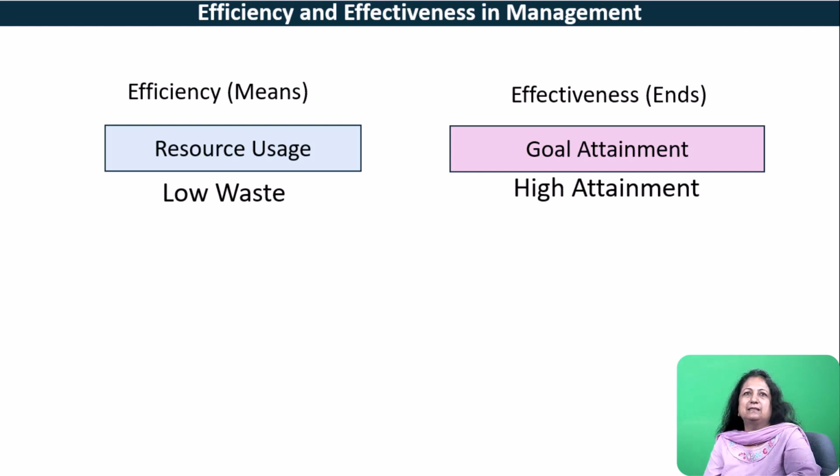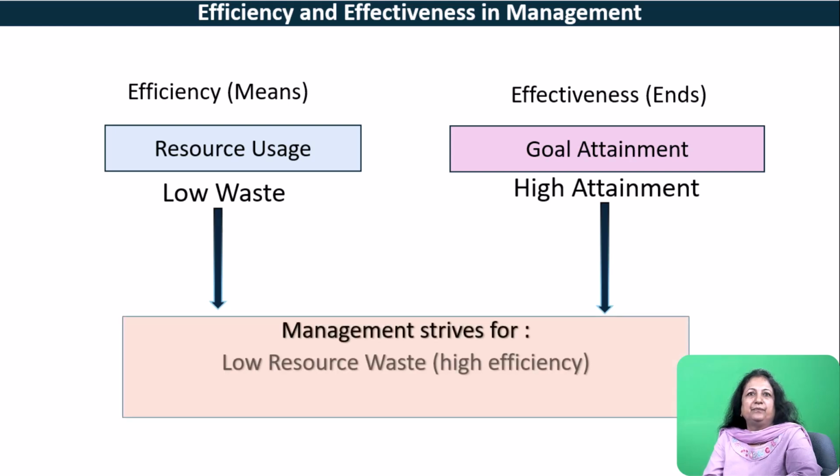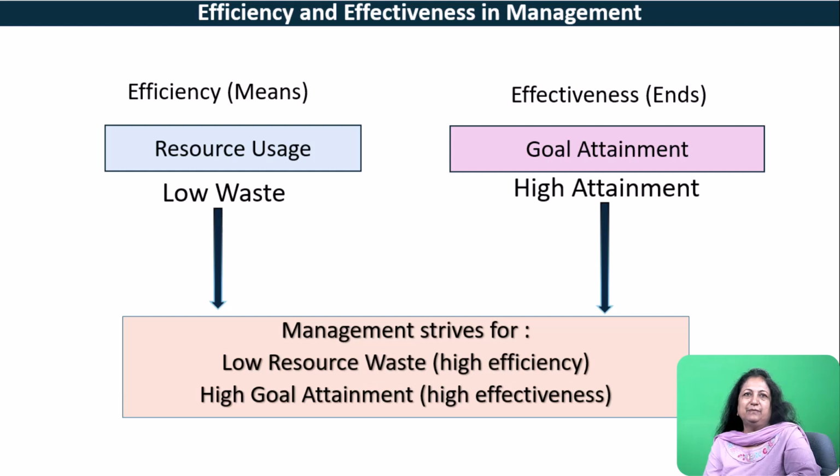So now what is this efficiency and effectiveness in management all about? Efficiency is how we use the resource. It is the means to get the ends, the effectiveness. So we have to really look at resource usage, that means we have to optimize, we have to waste less. Only then will we have a high efficiency, which will give us cost advantages. In terms of effectiveness, goal attainment, I have to have a high goal attainment, and then